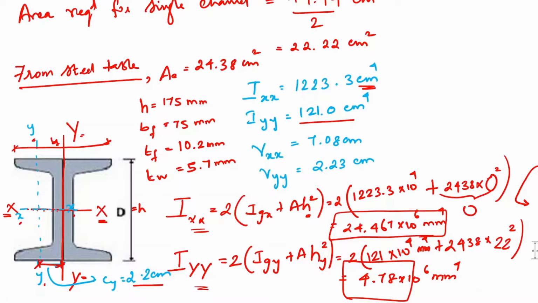And we'll discuss this moment of inertia maybe in the next design problem, because what is very interesting is that when we design a built-up section, we always try to equalize the moment of inertia about both axes when we design a compression member. So now let me calculate the radius of gyration about the minor axis, capital YY.